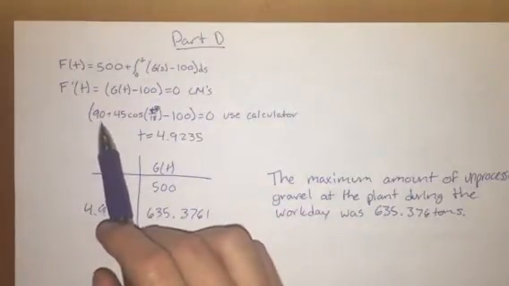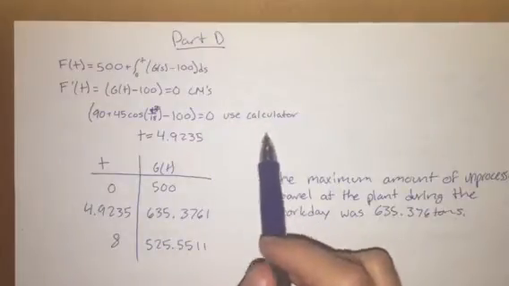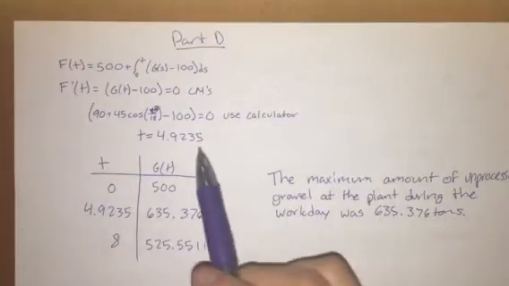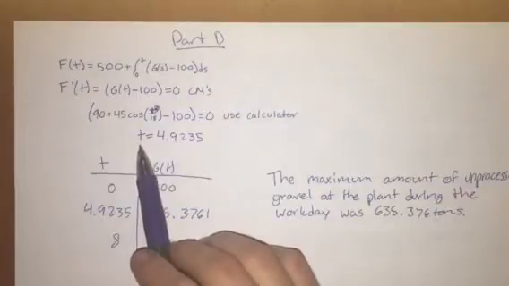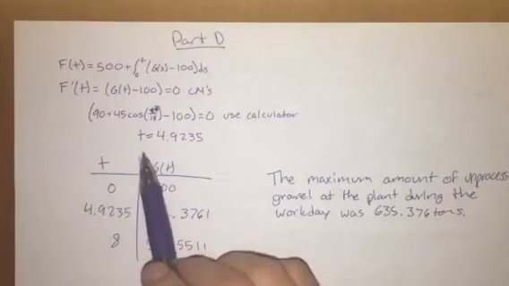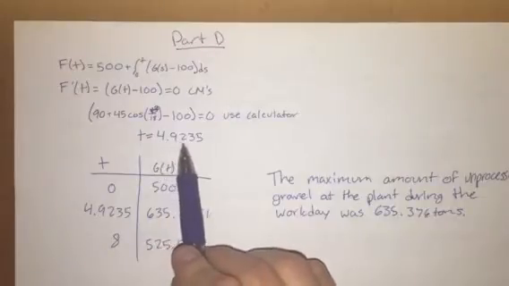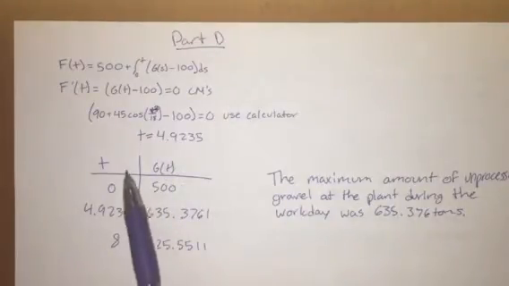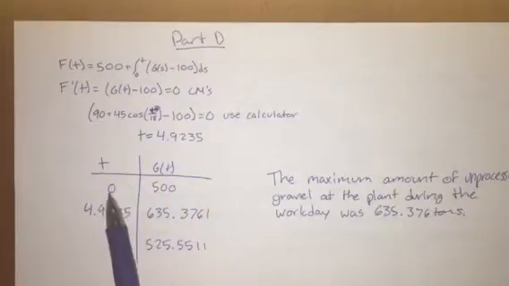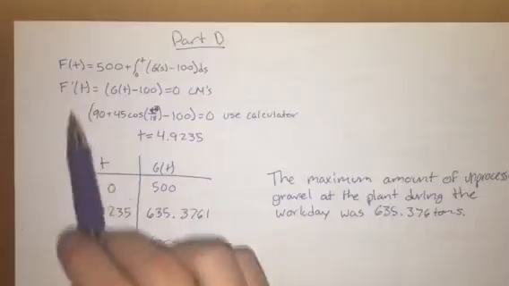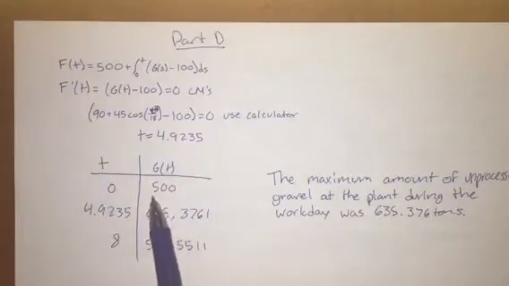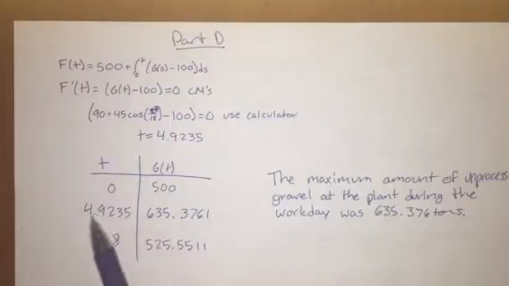So we will find the zeros by using our calculator. You could graph it or just find zeros. And the zero that comes out in the interval from 0 to 8 would be 4.9235. Now we need to put them in a table and test them out. So the values we will use are 0, 4.9235, and 8. We plugged each one of those into the equation, and we got 500 for 0, 635.3761 for 4.9235, and